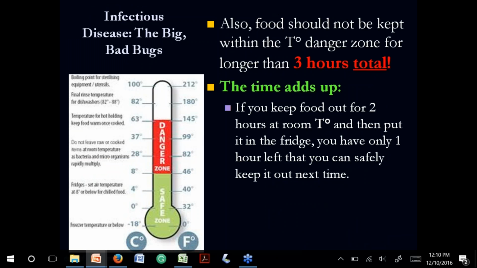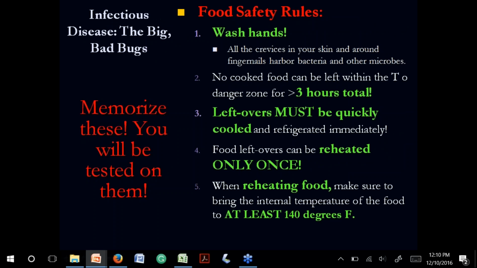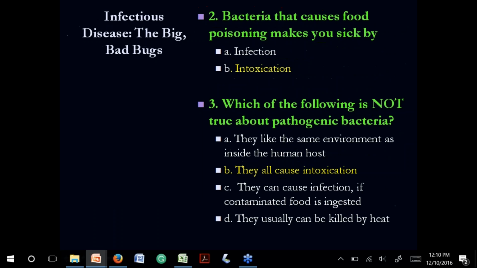So when you reheat the food, you reheat only one time, and when the food is out and you're not eating, the food can be outside 3 hours total. For example, you take it out half an hour, and 2 hours later. So actually, that is the top. So 3 hours total. Okay, so let's keep going.